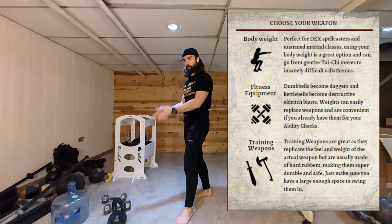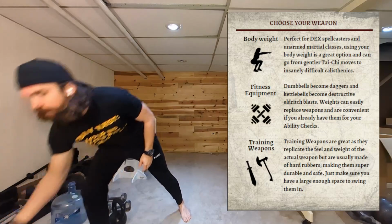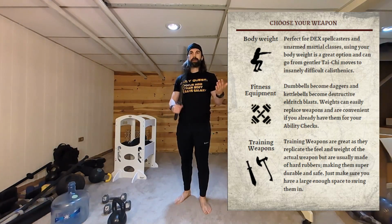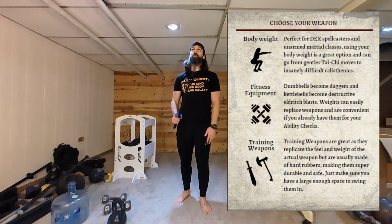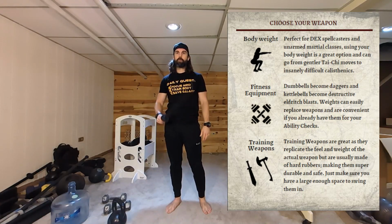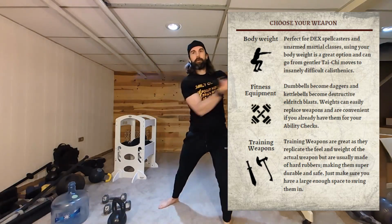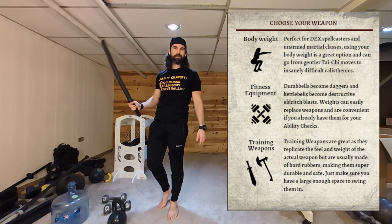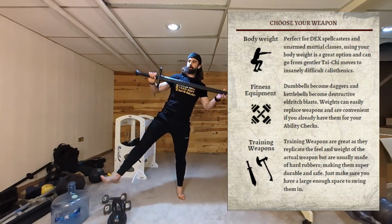So you have weights you could use and play a little more with imagination, or you could get things like training weapons. This is Cold Steel. It's hard plastic, so if you hit yourself it won't feel good, it'll hurt, and you could definitely damage walls. But it's not sharp, it's not bladed, and it's got good weight to it. If you want something closer to a real weapon, they have all different styles. This is a short katana, a broadsword,